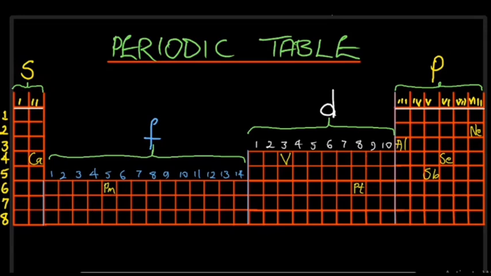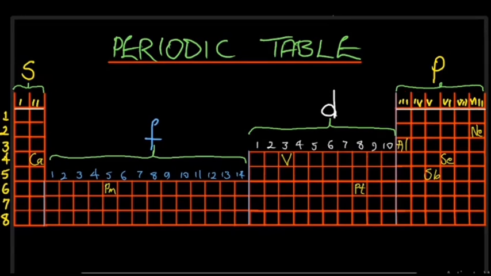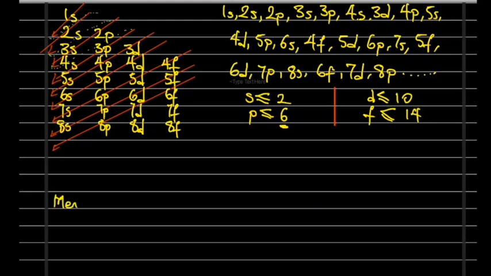And then let's take another one. Let's take mendelevium. Mendelevium has MD as its symbol, and it has 101 as its atomic number. So let's write